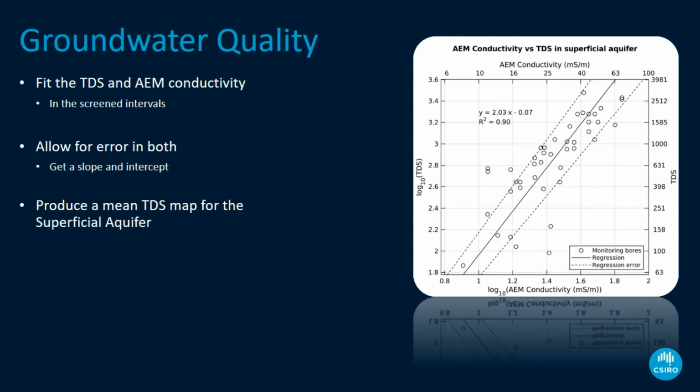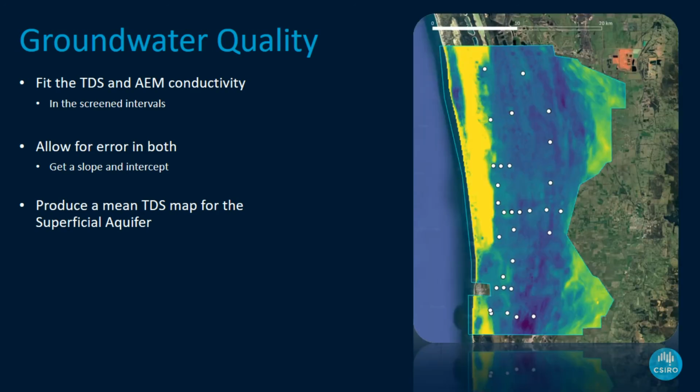Meaning that if I have this relation and I know the Airborne EM bulk conductivity, I can repredict what the expected groundwater salinity would be. It turns out that the errors on these give you about almost an order of magnitude variance in your predicted salinity, which is maybe not what you want, but it does kind of tell you where you should go for